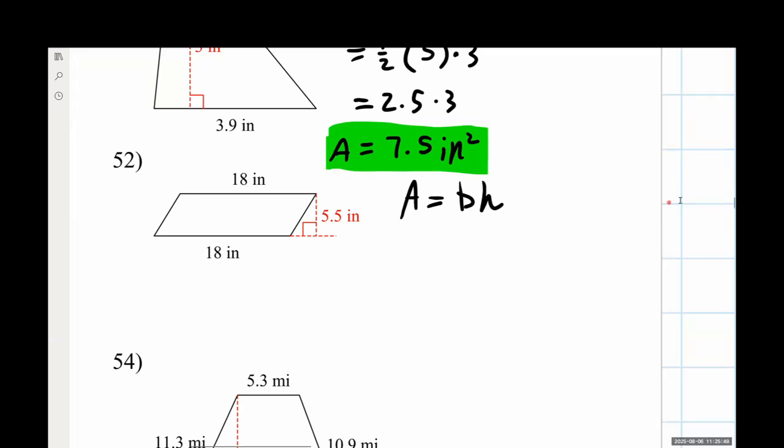Now I need to determine what's the base and what's the height. Well, again, the little red right angle box, that's going to be the giveaway for our height and for our base. So the vertical line that's created there, that's going to be our height. So my height is going to be 5.5. And the side that it's touching is this 18 down below here. So my base is going to be 18. I plug those in and solve for my answer.